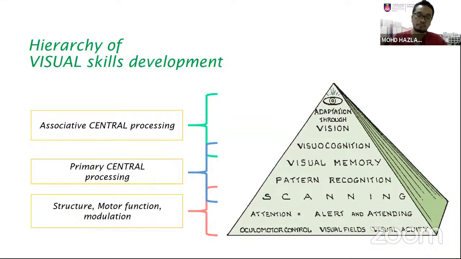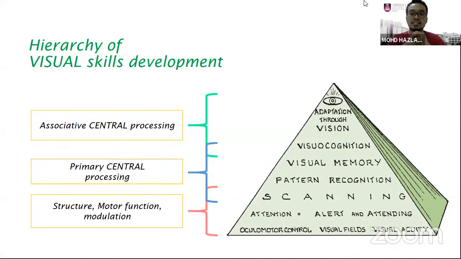At the base, the basic foundation is the oculomotor control, the visual field, and the visual acuity. These are all the receptors' abilities, the eye, so it talks about the structure and the motor functions. And then there is attention, alertness and attending. It talks about a modulation process, a sensory process. They don't talk about depth perception, visual closure, or figure ground; they talk about the receptors.